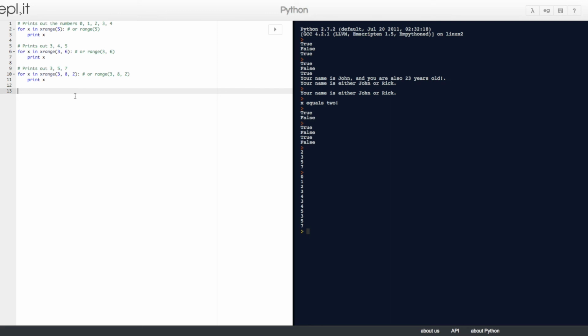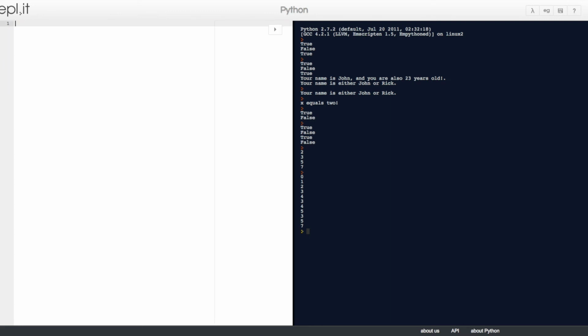Now we'll talk about the while loop. While loops repeat as long as a certain Boolean condition is met. For example, this loop prints out 0, 1, 2, 3, and 4. So we'll declare a variable count equal to 0.